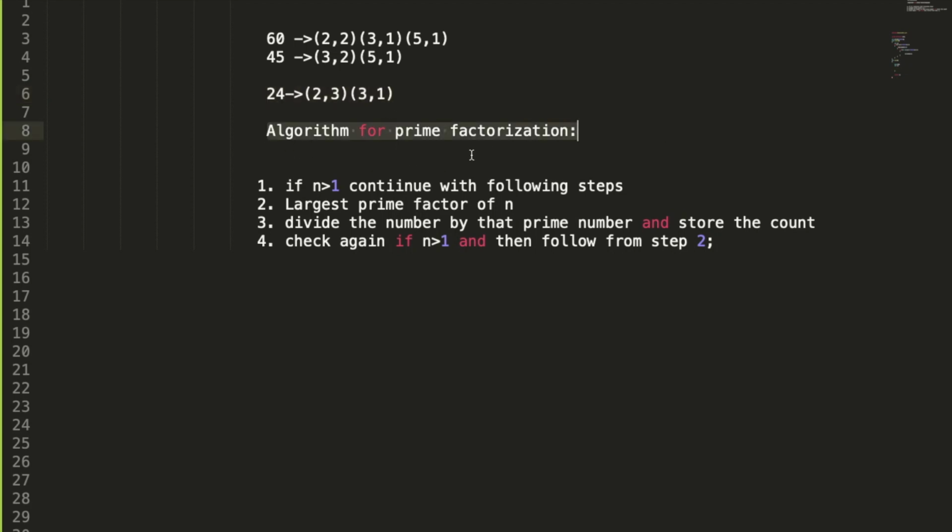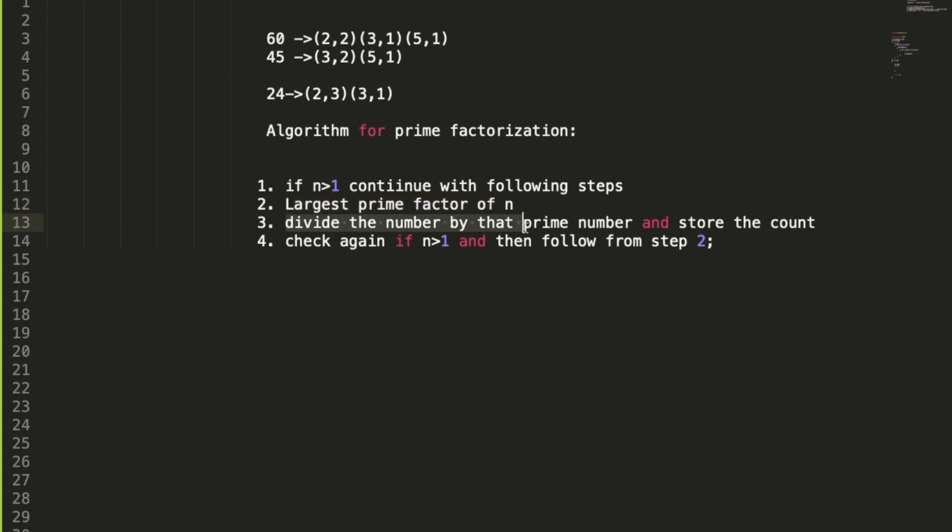So the algorithm is, we need to check if n is greater than 1, then only we will go ahead. We are going to find the largest prime factor of a number. This we did in the last video. I am going to give the link of the last video if you have not watched it. So we are going to find the largest prime factor of n. We can also find the smallest, there is no difference.